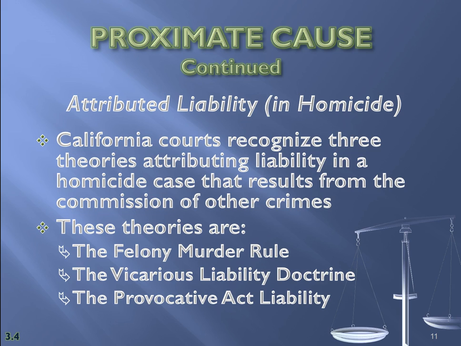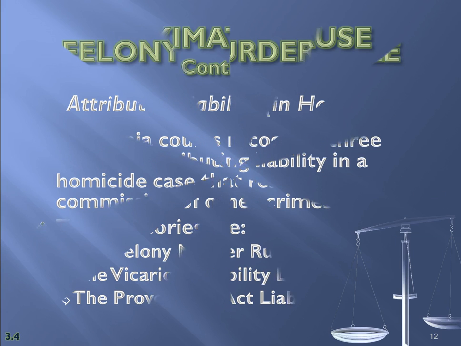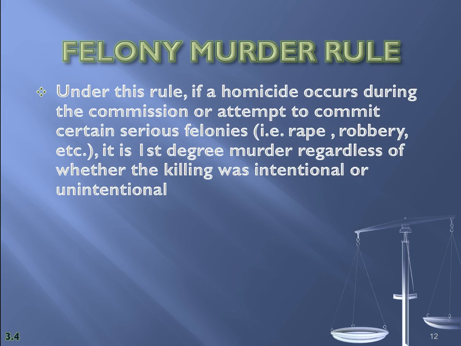So California courts recognize three theories attributing liability in a homicide case that results from the commission of other crimes. Now, these three theories are the felony murder rule, the vicarious liability doctrine, and the provocative act liability. And we are going to take a look at each one of these so you'll have a pretty good understanding